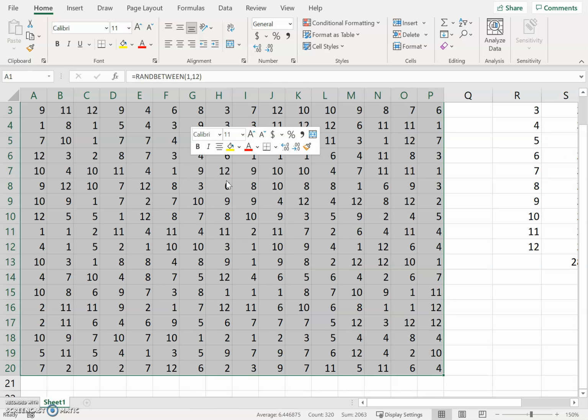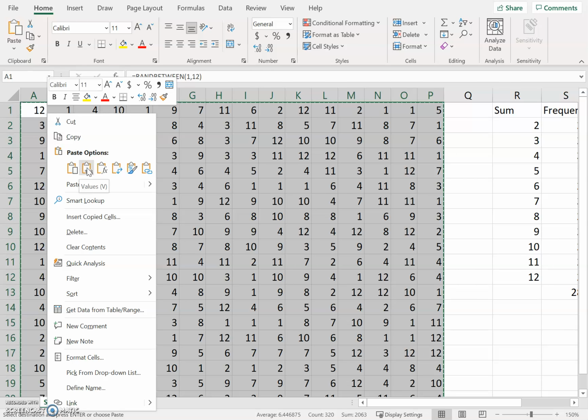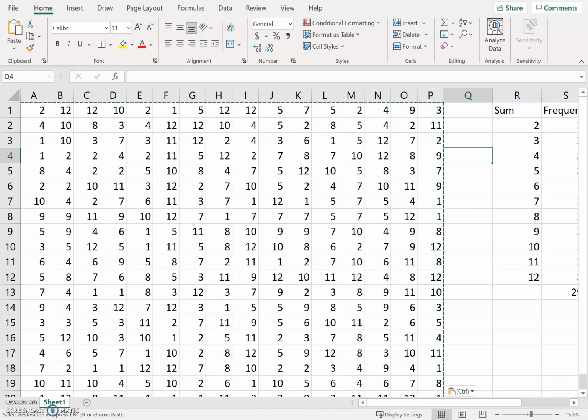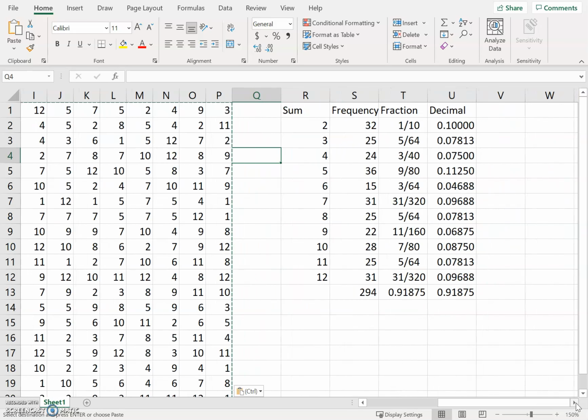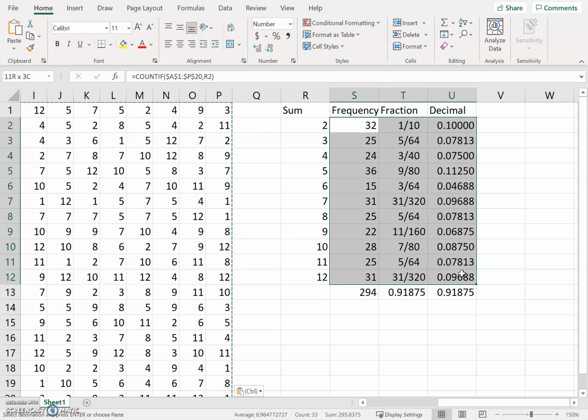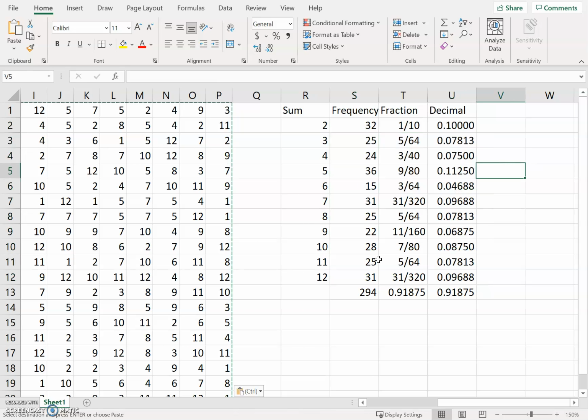So here again, I'm going to copy this data and just paste it as values. And you can see what these frequencies look like. They're going to look a lot more similar. All of these kind of look like about the same, right? We have an occasional weird one, like there were only 15 6s, whatever. But the least likely sum should be 2 and 12, and yet those are 0.1 and very close to 0.1, right? Those look like a uniform distribution. So if you had gone this route, I knew that something was amiss because of the numbers that came out, because of the frequencies and the fractions and decimals that came out. So there's a huge